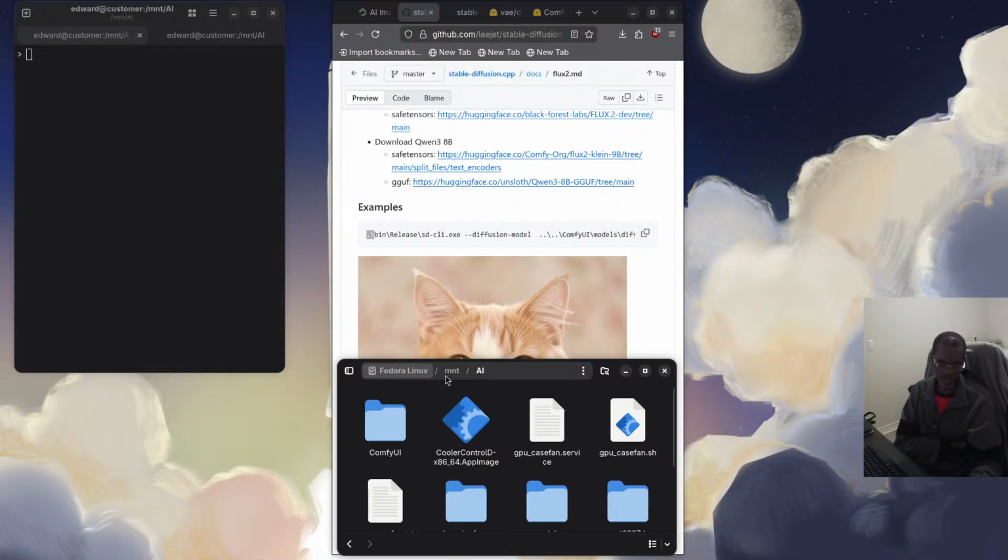So I have a partition. I call it a /mount AI or just AI. I put all the models in conf.ui because I also use conf.ui. So as I was playing my GPU,